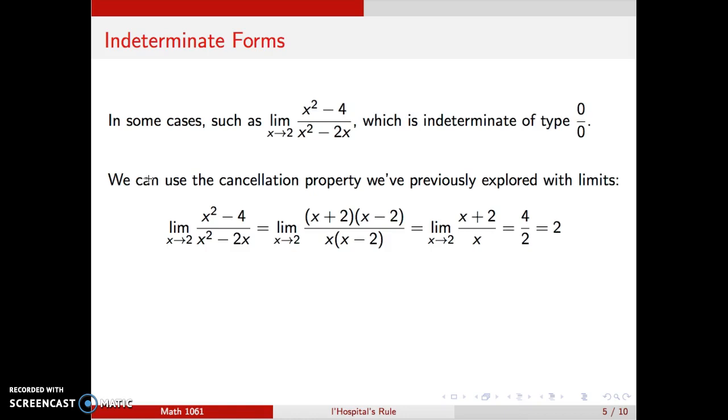So we've seen things like this in the past. You might have seen something like this limit here. We didn't use the language indeterminate forms because we didn't have that, but it is an indeterminate form of type 0 over 0. If you do direct substitution, you get 4 minus 4 over, well, 4 minus 4, so 0 over 0. The way we would have tackled this in sections past, way back at the earlier parts of our calculus study, we used what we called the cancellation property, and we found a common factor, the x minus 2, in both the numerator and denominator, and we said that these limits are the same,